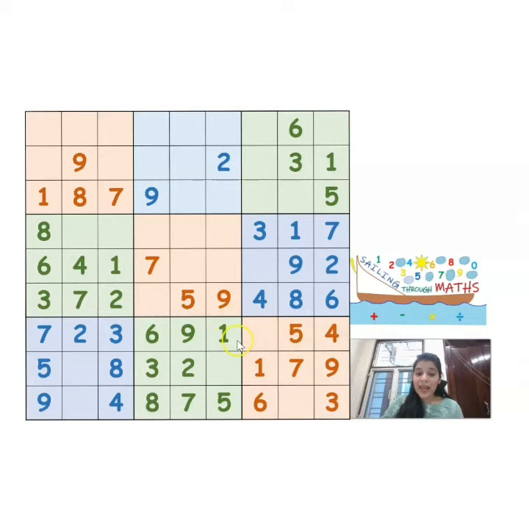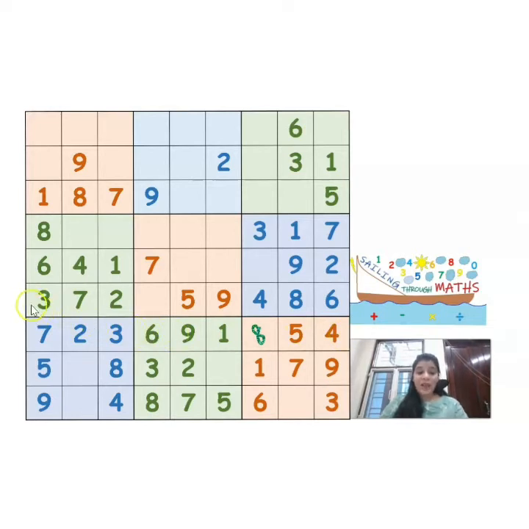So, if number 8 is not in this row, then the number which is going to come in this block is going to be equal to 8. So let me write the number 8 here. Why? Because all other numbers are filled in this row.